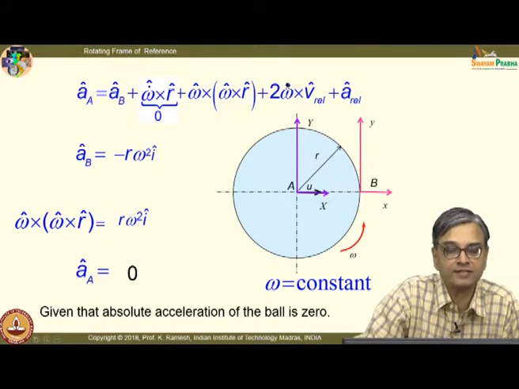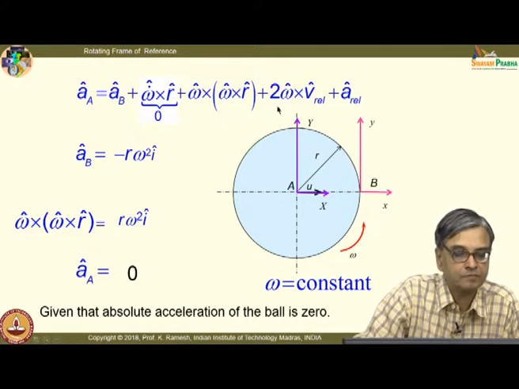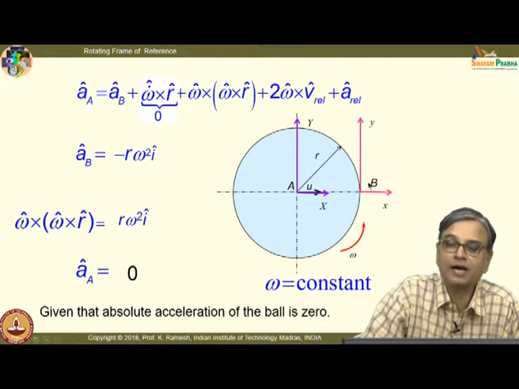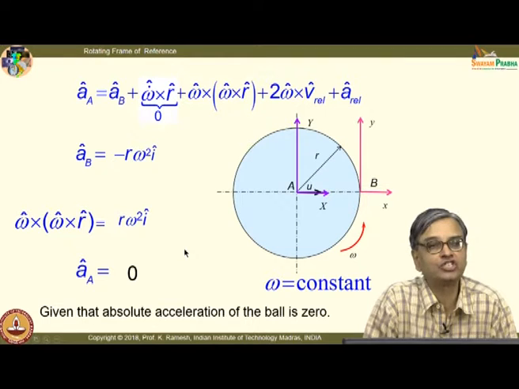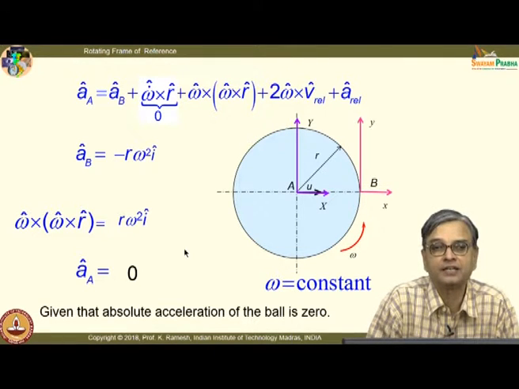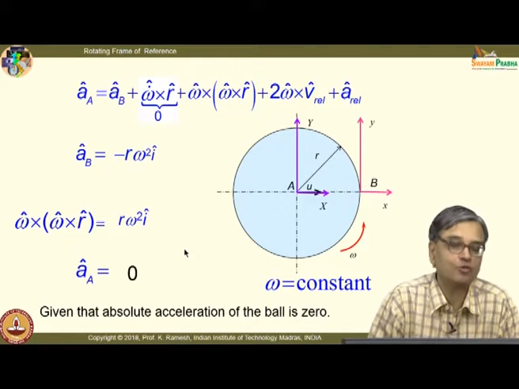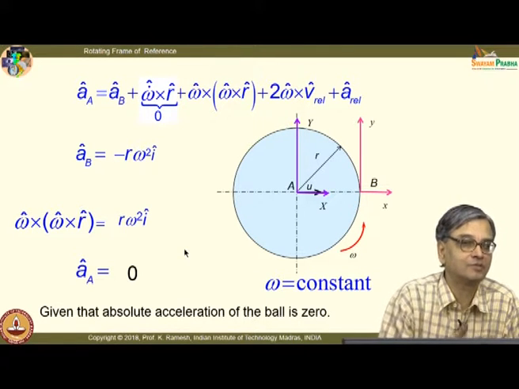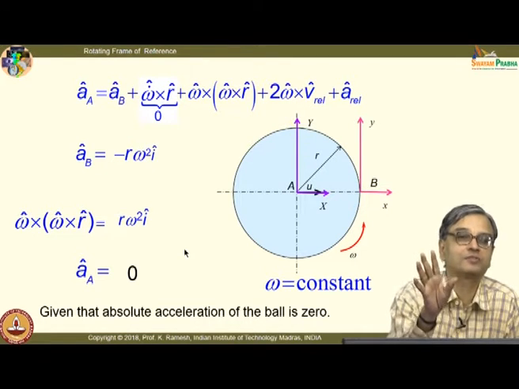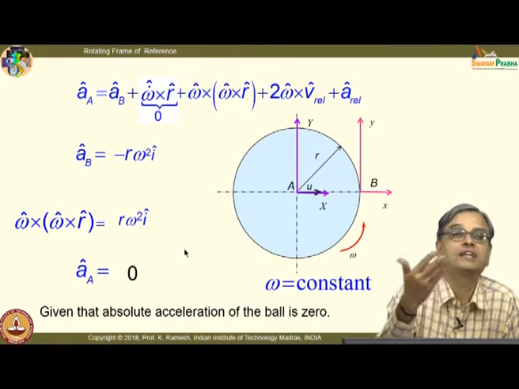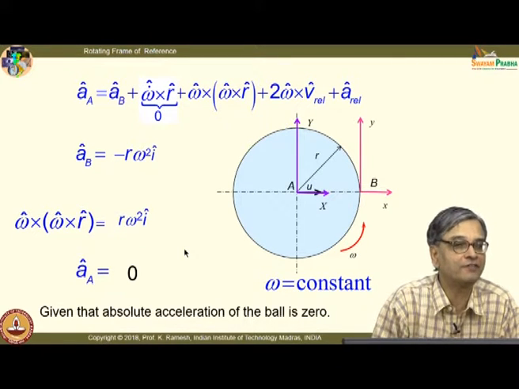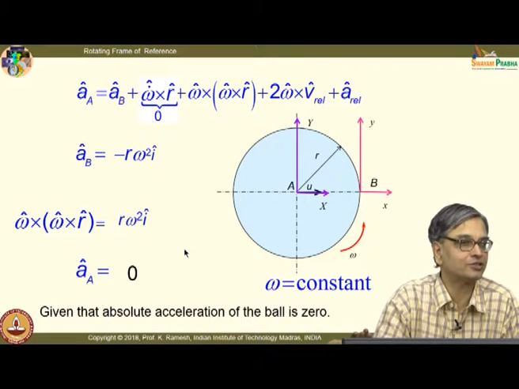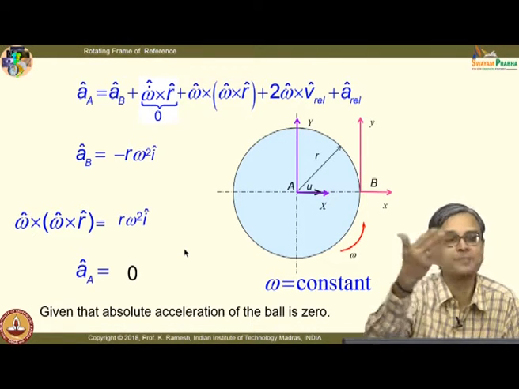So, we have to get what is the acceleration that the observer B would observe for the ball. And you will also have to go back, if I have to sketch the motion of the ball, to your projectile motion. You have also looked at a projectile that is just thrown, and what is the shape it takes. It is moving in a constant gravitational field, it has a parabolic motion, is it not? In the vertical plane it has a parabolic motion.